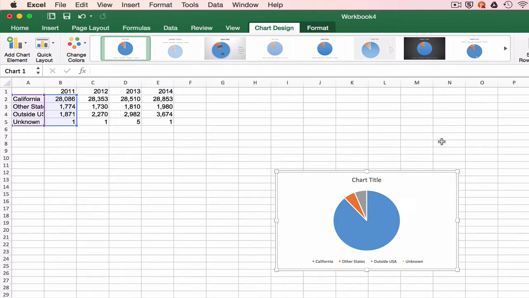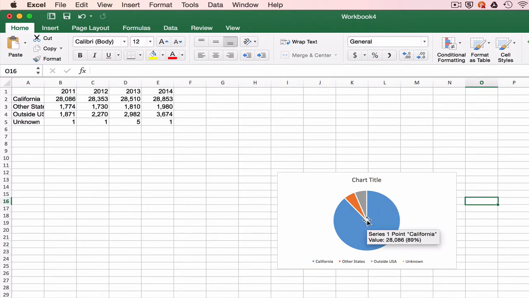You don't want to use 3D. That adds no information. It can be deceptive. The point of the pie chart is the amount of the pie that is in each of these categories. So what we're really encouraging our readers to do is to look at the angles of the pieces of the pie. And we don't want to do anything that distorts those angles.